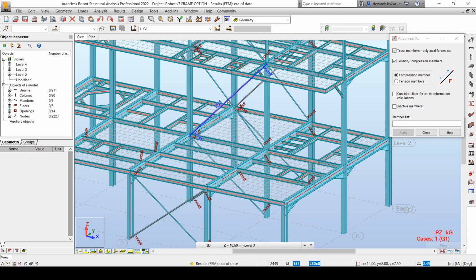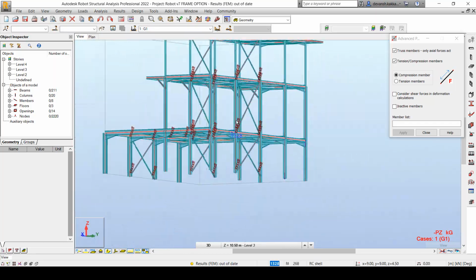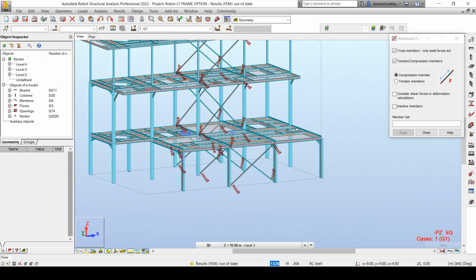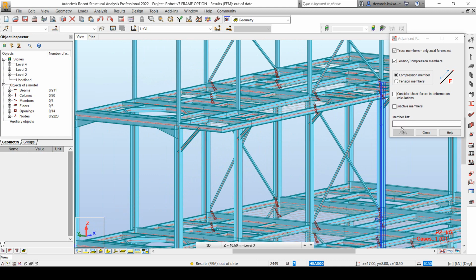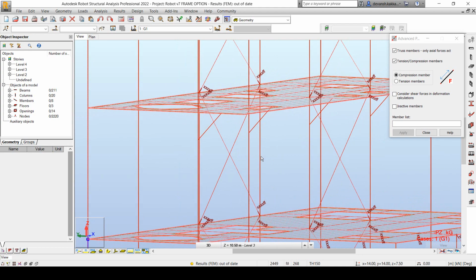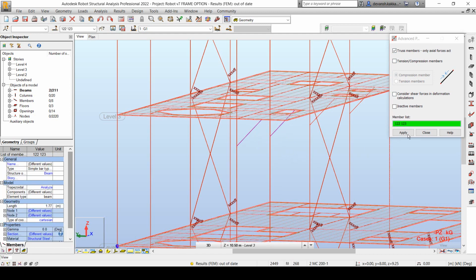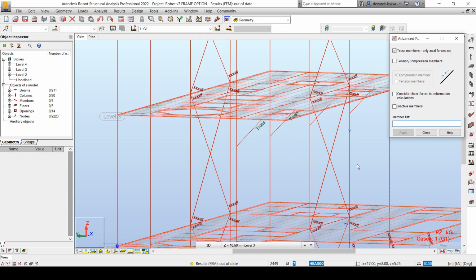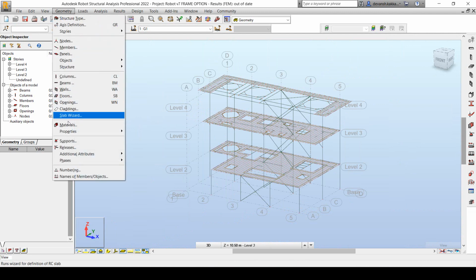The next property that we are going to look at is an advanced property where we can define the structural behavior of the element. Like for example, if I have some specialized elements which can only resist tension or compression forces, or if I have trusses defined, and for the truss elements I want to indicate that these only carry axial forces, that is what these advanced properties allow me to do. So in this particular case, I have these 2 brace elements and I want to define a truss condition to them. So that is basically what we can do through that advanced properties option.